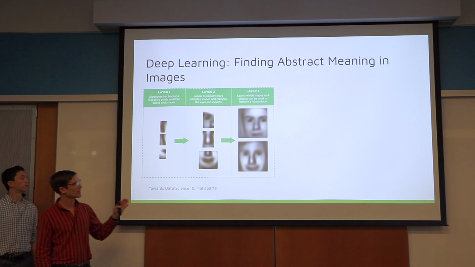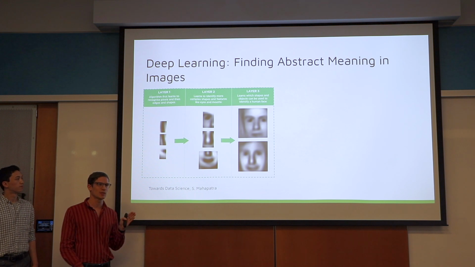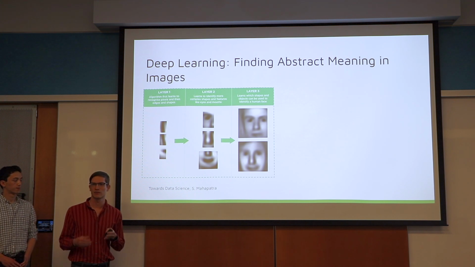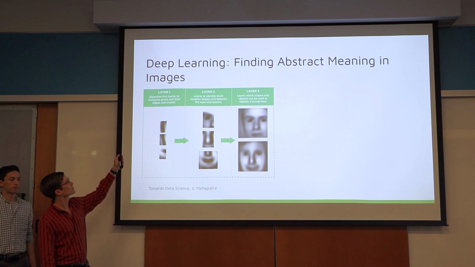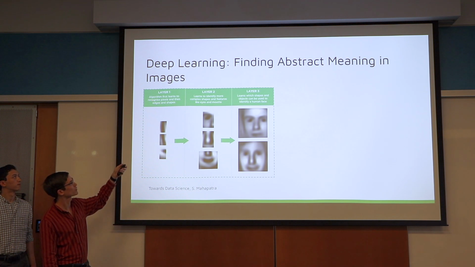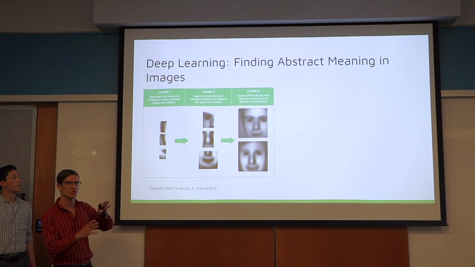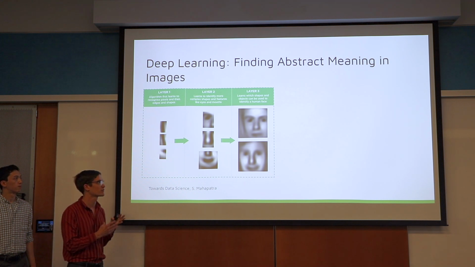If we wanted to train a deep learning model to identify faces in images, first we'd need a large data set of images with faces in it to train the model so it can learn important features, which it learns starting small, so it's a hierarchical model. It starts small and then works its way up to more and more abstract components of the image that give it insight if there's a face there or not.